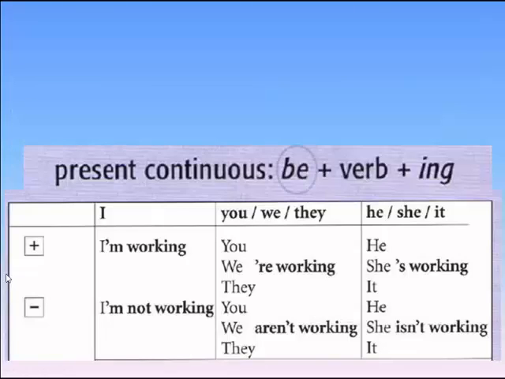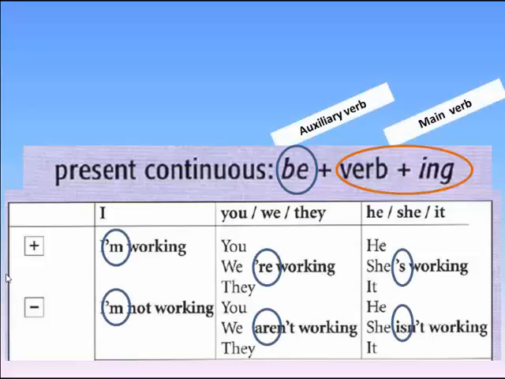If we look a little closer, we will see that the verb to be is the auxiliary verb, and the main verb is the verb that ends in ing. Notice that the auxiliary verb to be varies with the subject. I'm, you're, we're, they're, he's, she's, it's. And the main verb, the verb that ends in ing, never